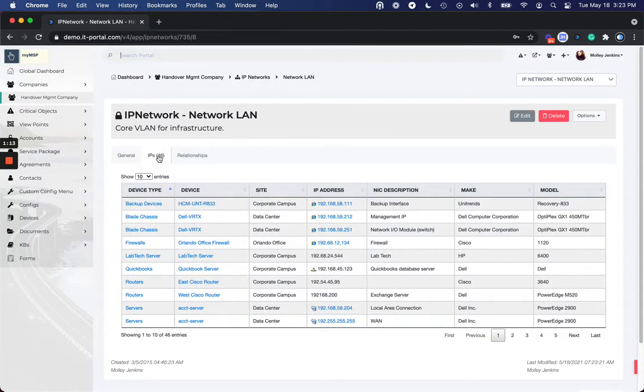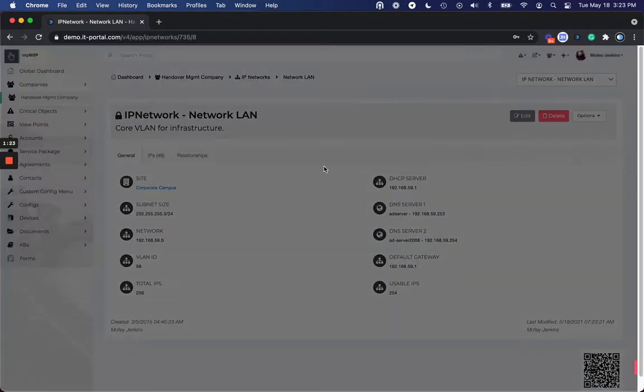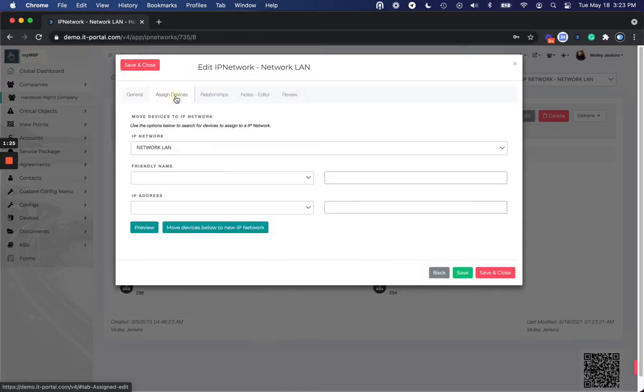When viewing the IP network, you'll see all the devices that happen to be in that IP network. You'll see all that general information that we mentioned. Two more cool options that we have as well is that you can assign devices. So if our import processes have not allocated them properly, or if you just need to move devices, you can